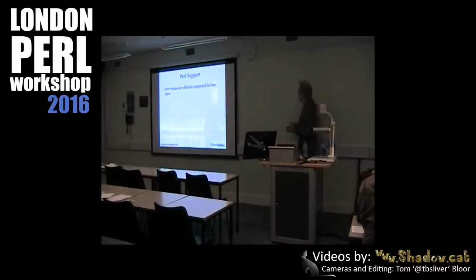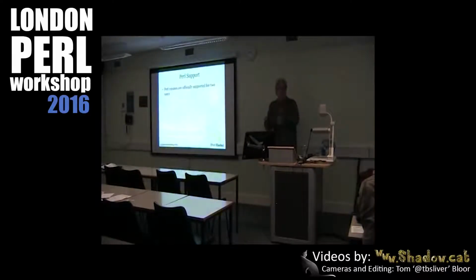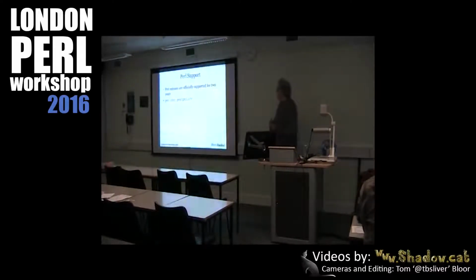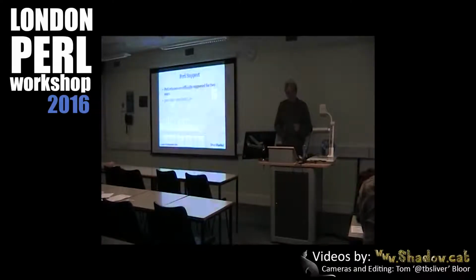So officially, Perl releases are supported for 2 years, or rather the current release and the previous release are the releases that are supported by the Perl 5 porters, the people that actually work on Perl. If you want to see the full details of that policy, there's a documentation page, perlpolicy. So currently, Perl 5.22 and Perl 5.24 are officially